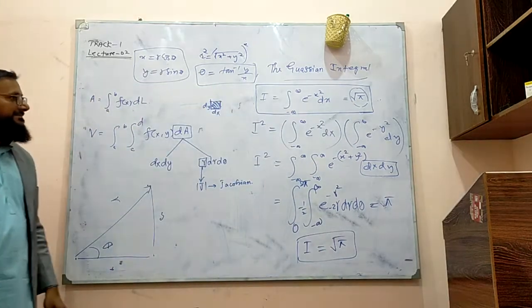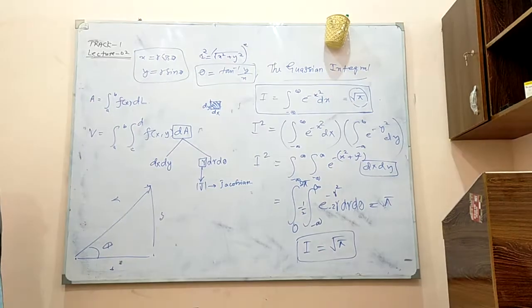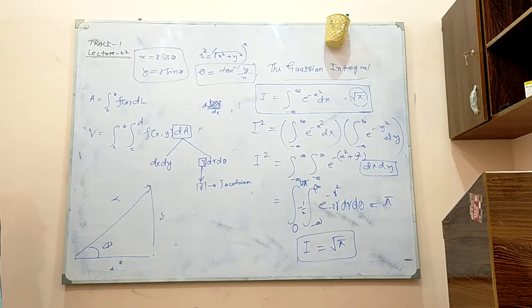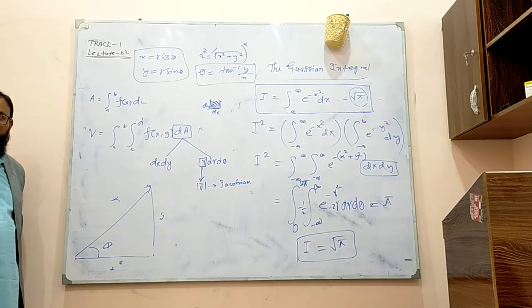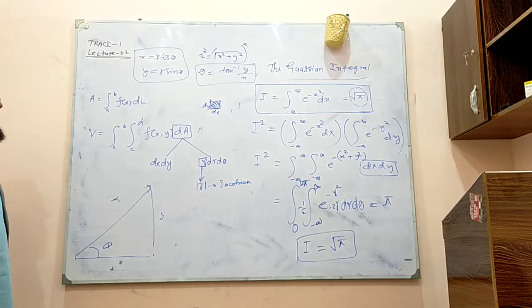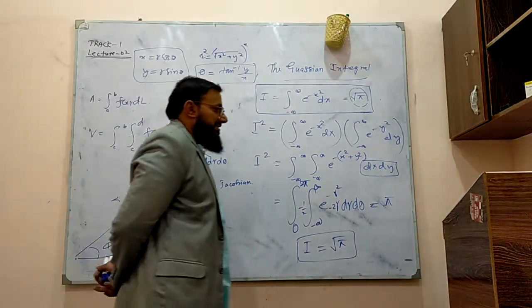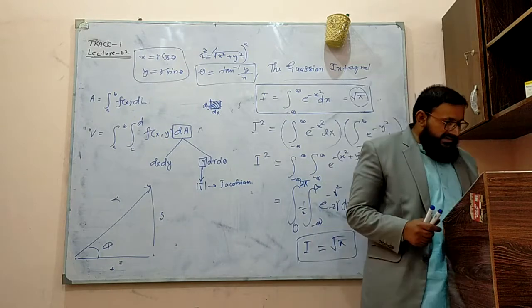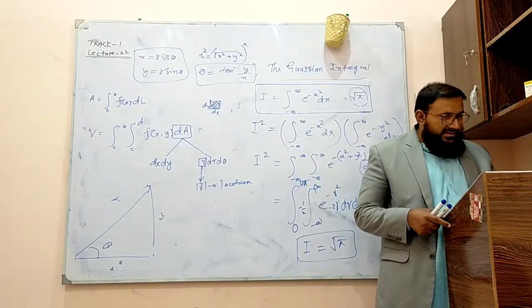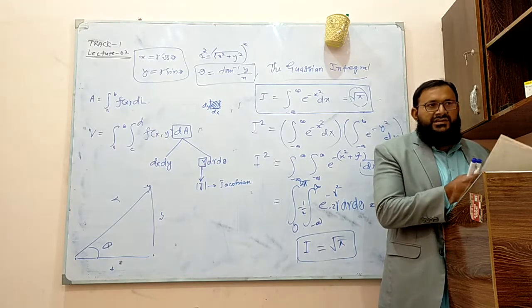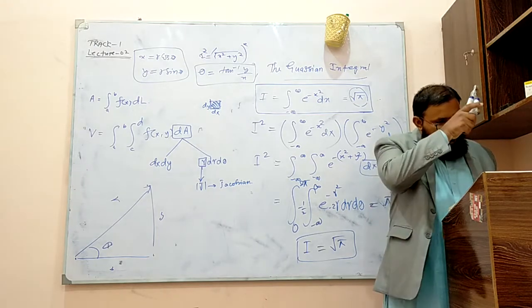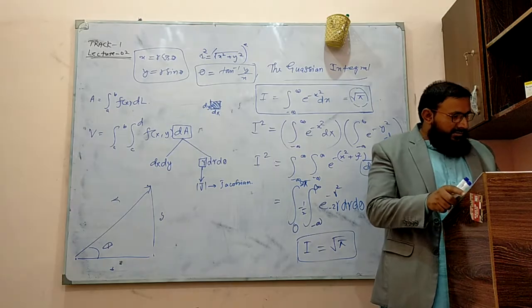But there's a question, not the question, but I think we can apply this particular integral when we study gamma and beta functions. We can apply this integral over there. And this is the famous integral, what we call the Gaussian integral, because it is related to a random variable called the Gaussian random variable, and its mean or variance is related to that. Okay, so